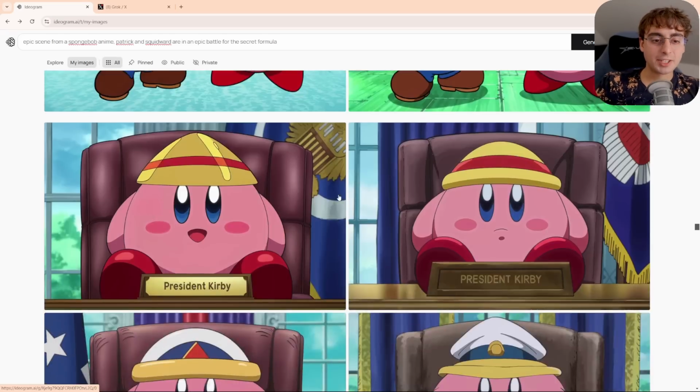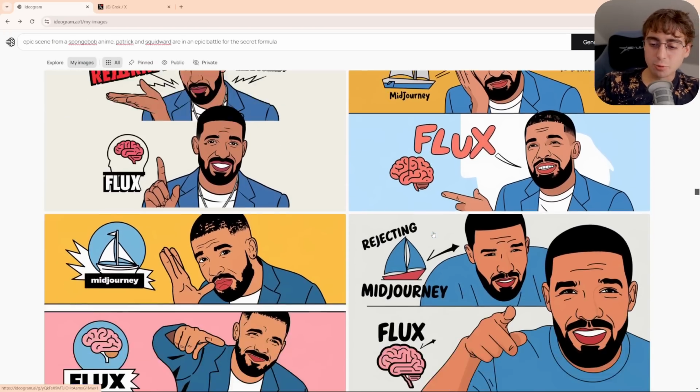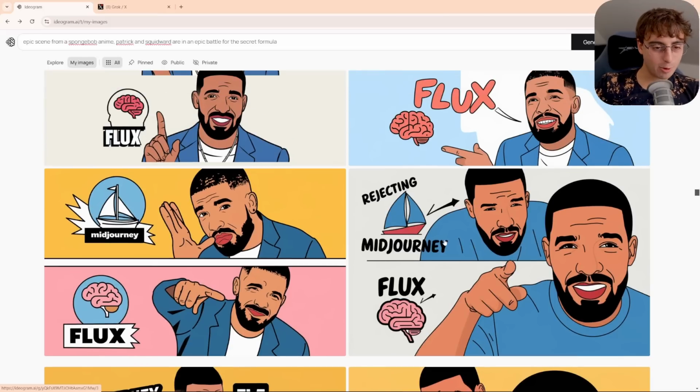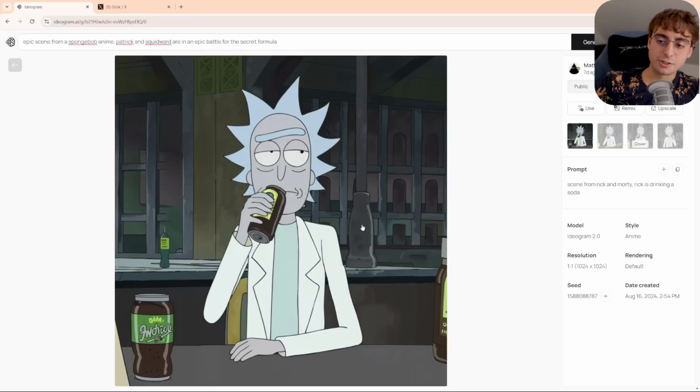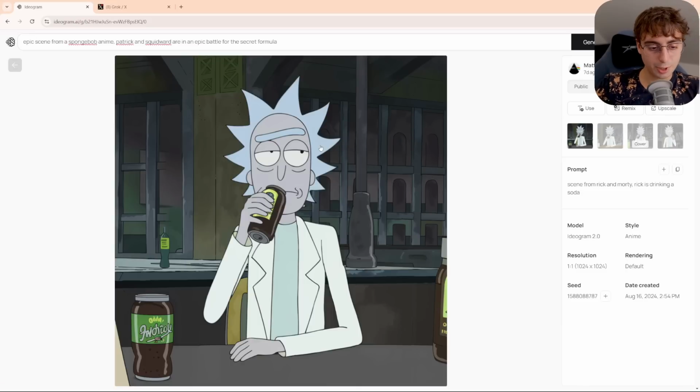And yeah, I mean, I have a ton of examples on here. Even tried to create memes with Drake in them. Didn't really work out too well, but it did a pretty decent job at spelling for this at least. Also trying famous characters like Rick from Rick and Morty, which are classically strangely difficult for AI models to get correct. Again, with the anime style, it does the best variations of cartoons, and it was able to produce this result, which I thought was pretty impressive.